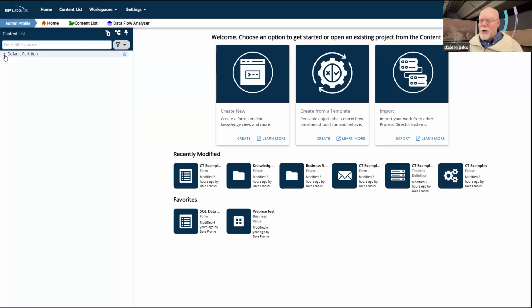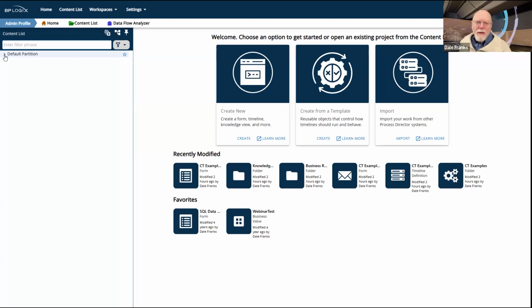And because they can't talk to each other and we can't share information between partitions, there are two implications of this. One is a general implication, which is that you only really need separate partitions if you are intentionally trying to set up a system that has two different portions that can't communicate with each other. So there needs to be a valid business reason for setting up a partition.